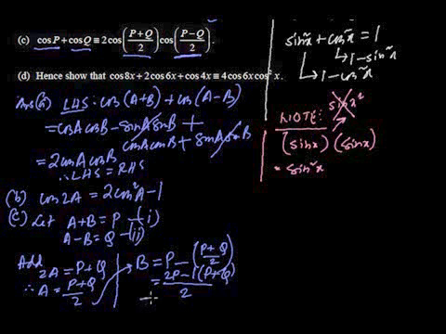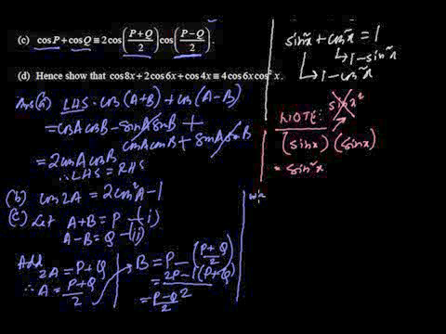So if we remove the bracket, this is going to be 2p minus p, which is p, and minus into plus q is going to be minus q. So we are going to get (p minus q) divided by 2. So now we have the value of a and the value of b. If we move on, we can write,